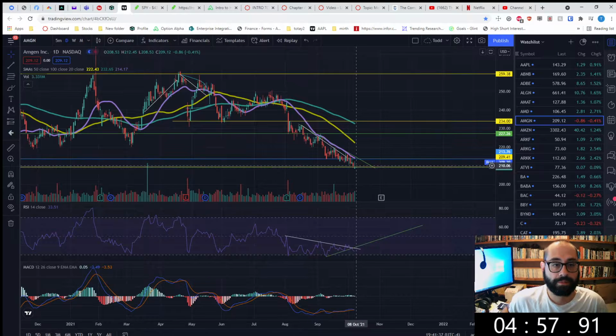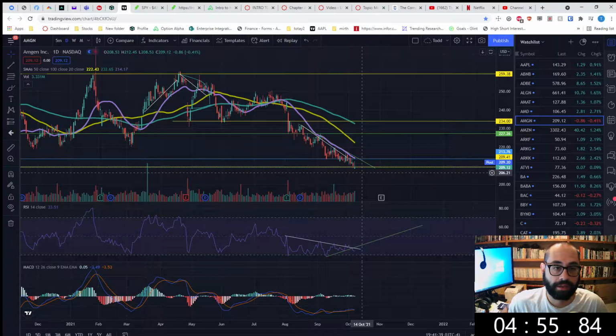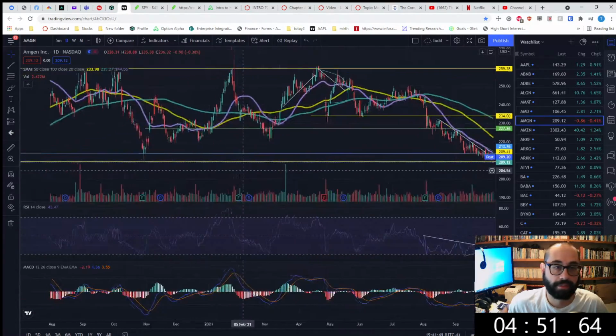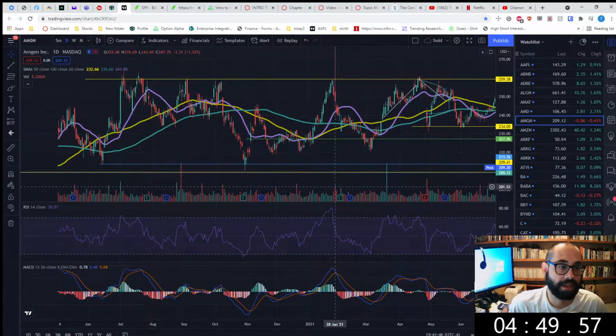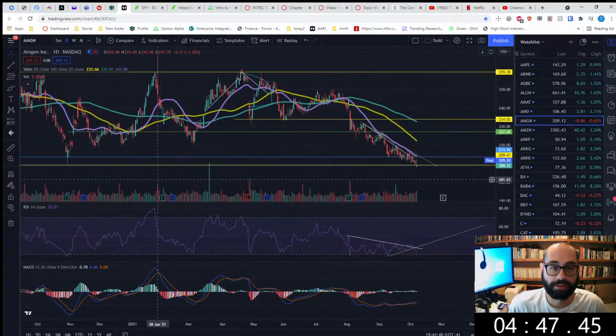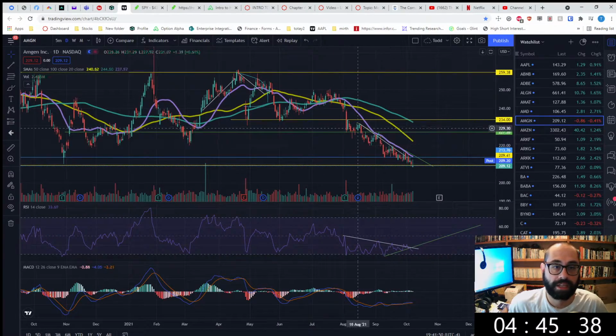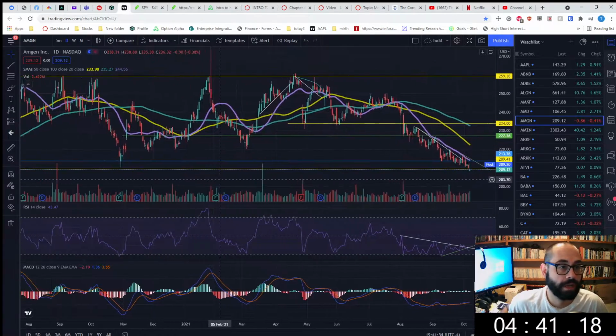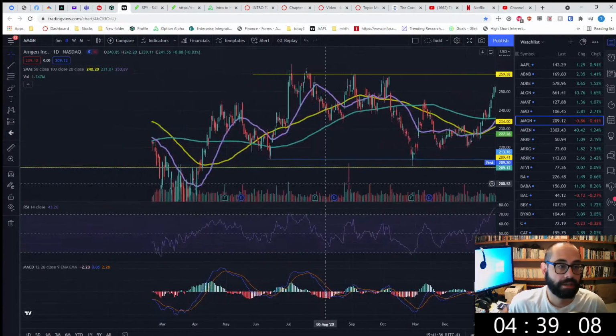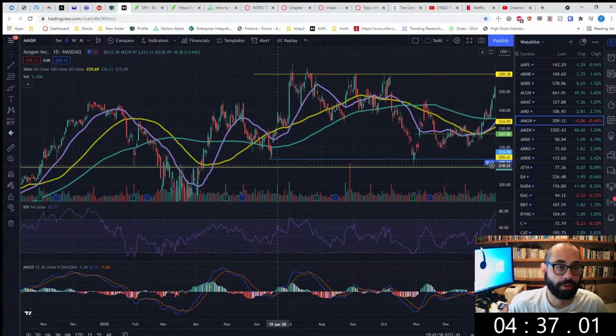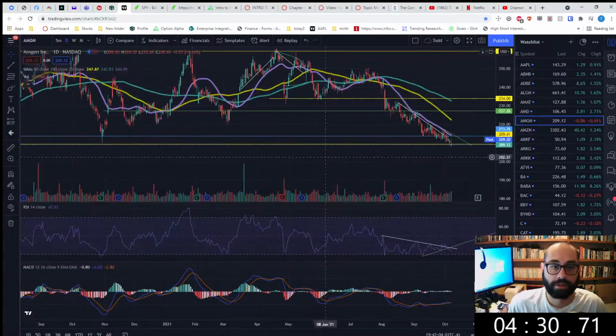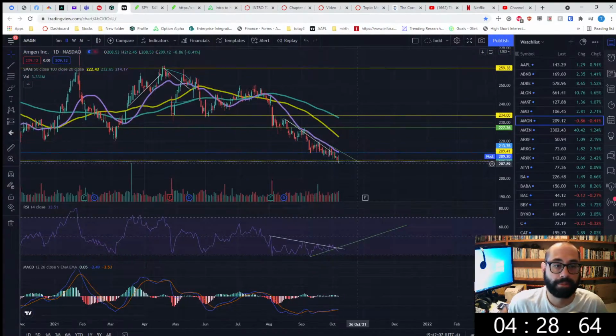This is a pretty long-time support, and this could be seen as an inverse hammer. Depends on, I don't really get into charting patterns that way, or candles specifically. It's been on a terrible downtrend for the last month or so, but historically, this has been a pretty good point of support. We'll go back here to April of last year, right after COVID. So I am expecting it to turn around.